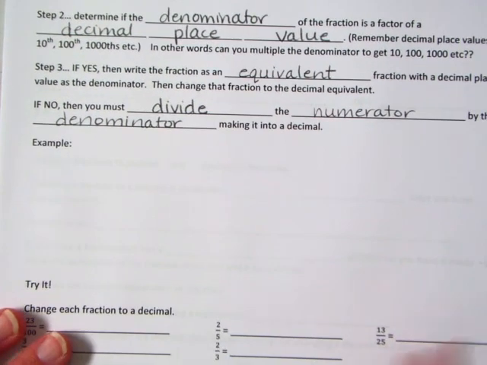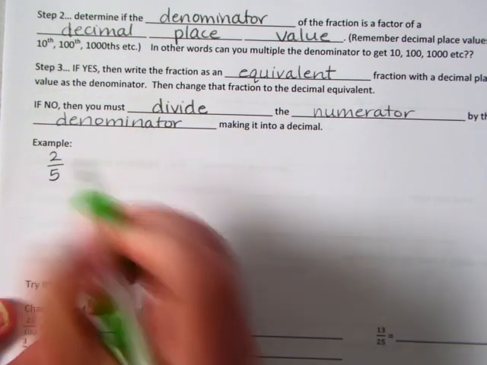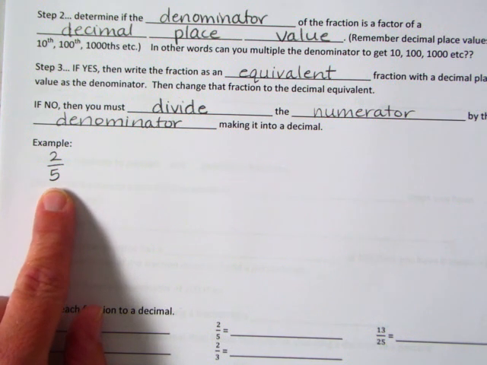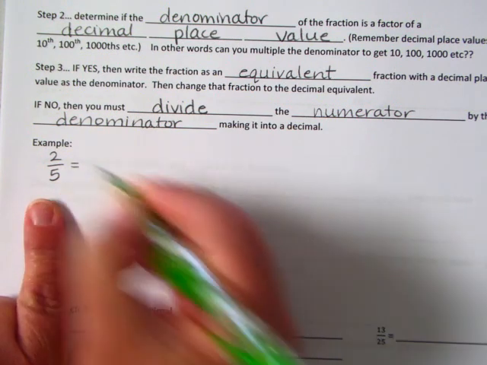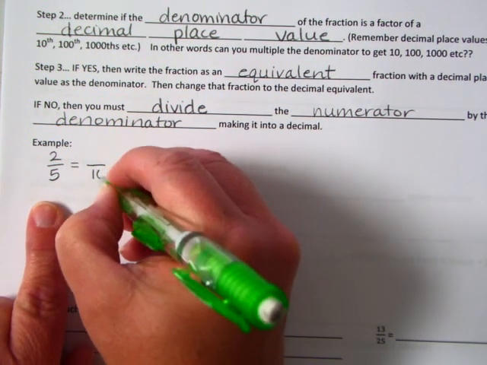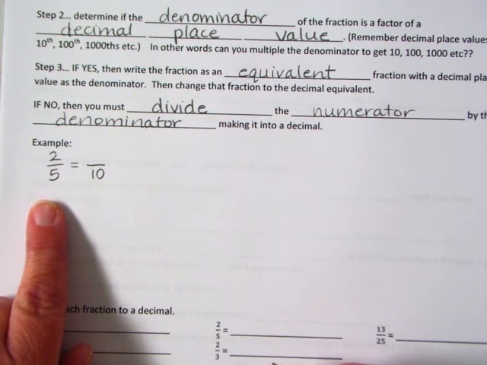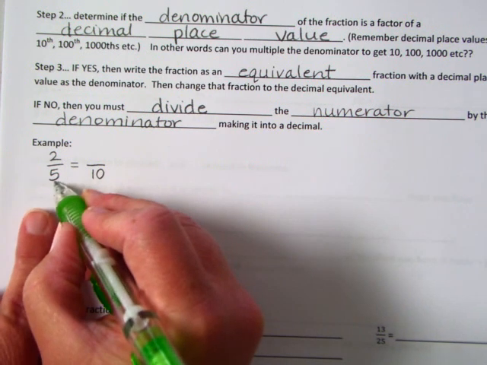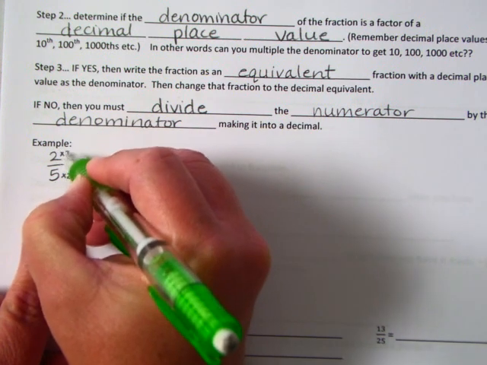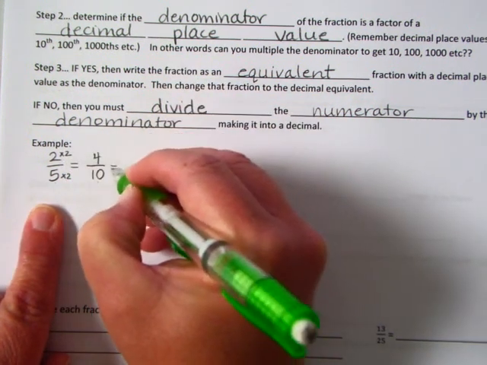The first one we're going to look at as an example is a fraction that has a denominator that can become a decimal place value. 5 will go into 10, 5 will also go into 100, 5 will also go into 1,000. But you want to keep it as simple as possible. So we're going to take it and make it an equivalent fraction with a denominator of 10. We know tenths place, yes. Easy enough. How do we get from 5 to 10? Times 2. What we do to the bottom, we must also do to the top. 2 times 2 is 4. Now we have